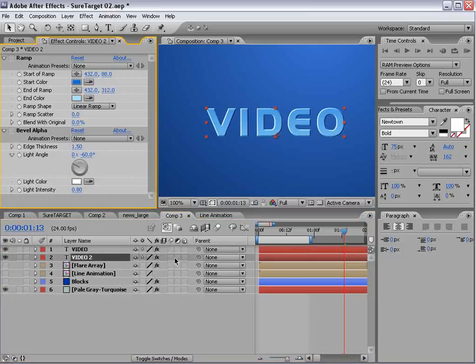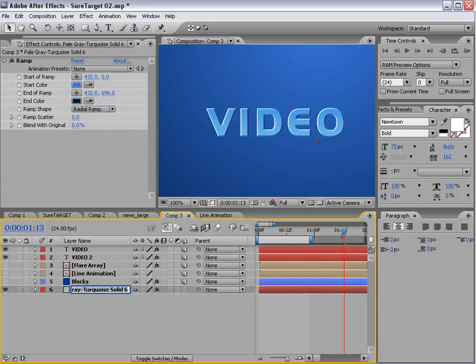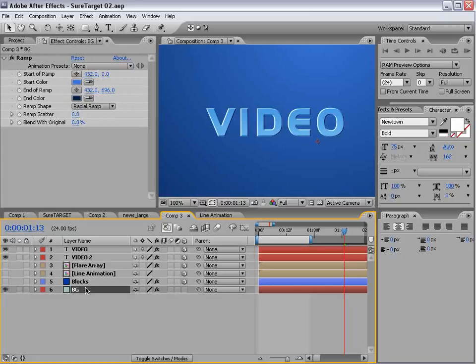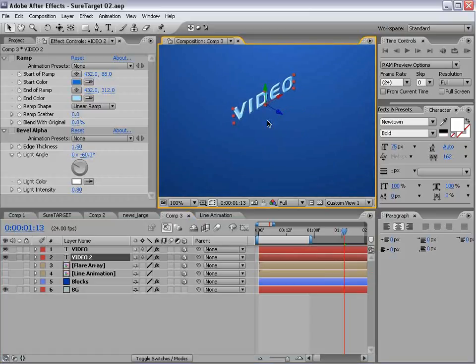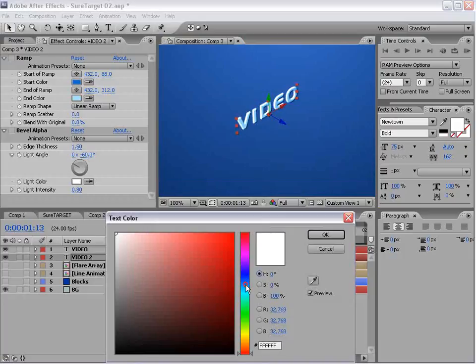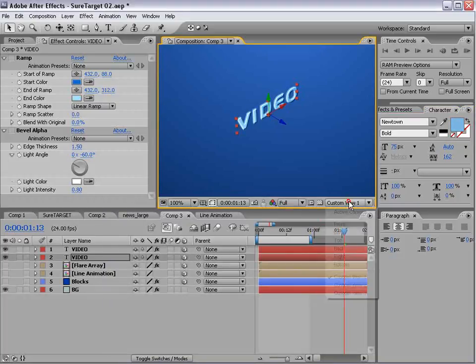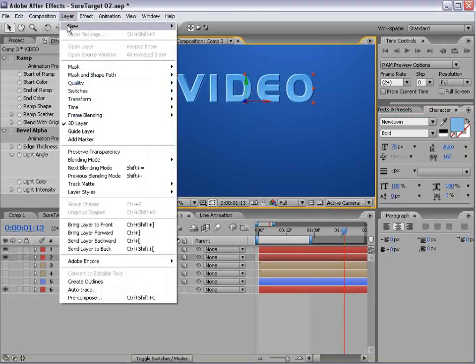And also we want all the layers here to be 3D except for the background layer. And what we want to do is take our second layer. If we go to a custom view, we can see, and we want to go ahead and take our second layer and just move it back in 3D space just a little bit, and then maybe change the color of it to sort of a darker medium bluish color. And we'll go back to the active camera. We'll create a camera,